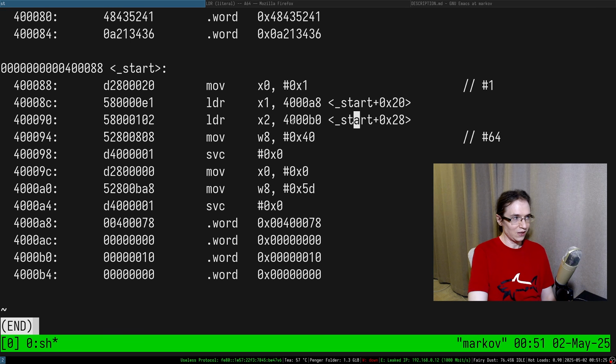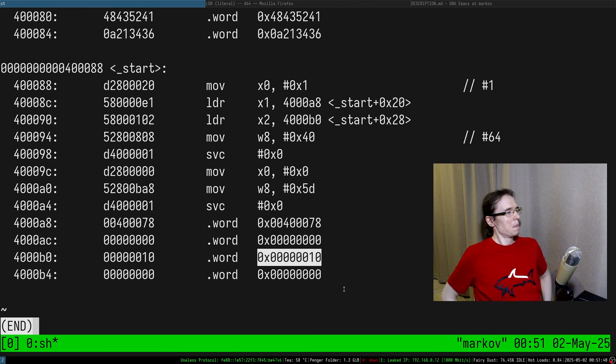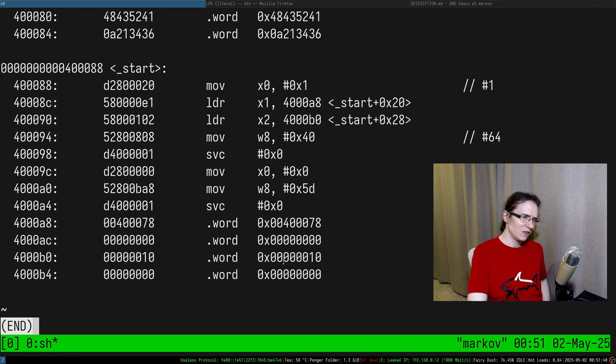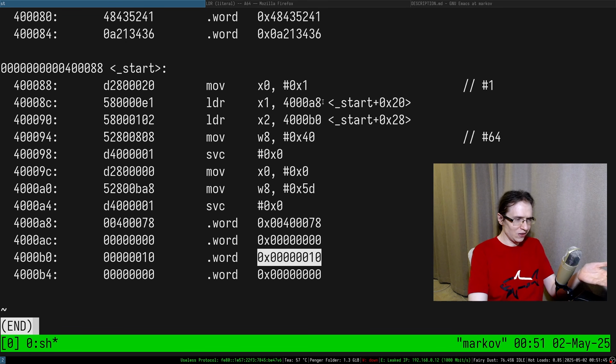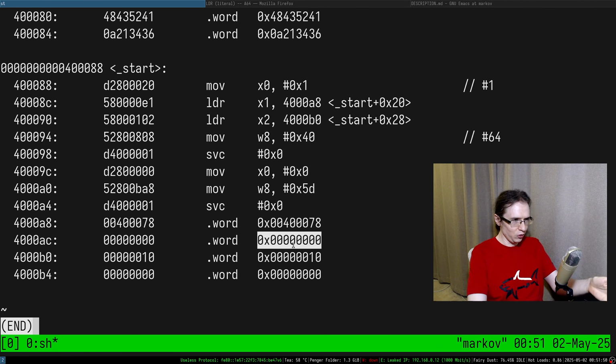Because it loads this thing, right? So it's B0. Here is the 4000B0. So here it is. And it loads. But then it's an address, isn't it? Right, because it doesn't load it by value. It doesn't read it. It loads the address.